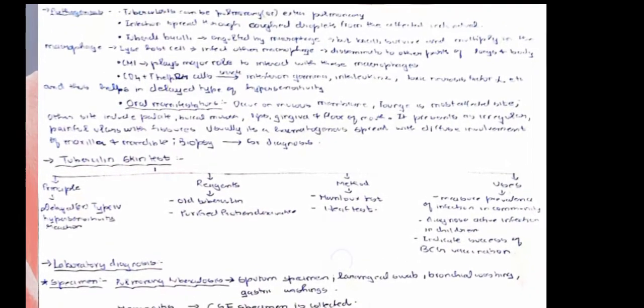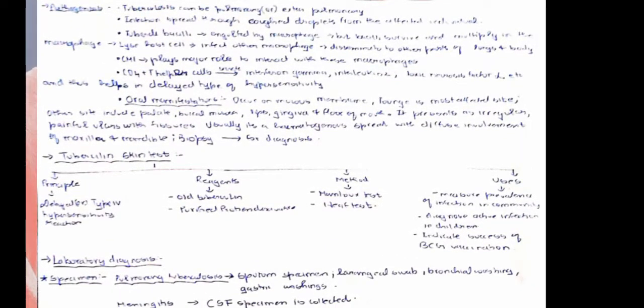we have the pathogenesis. The pathogenesis of tuberculosis is divided into 2, that is the pulmonary and the extrapulmonary. The infection spreads through the cough droplets from the affected individual. The tubercle bacilli are engulfed by macrophages,